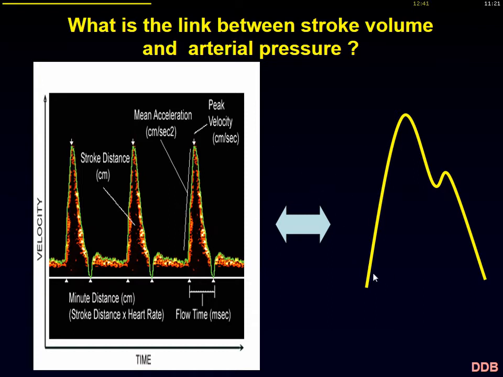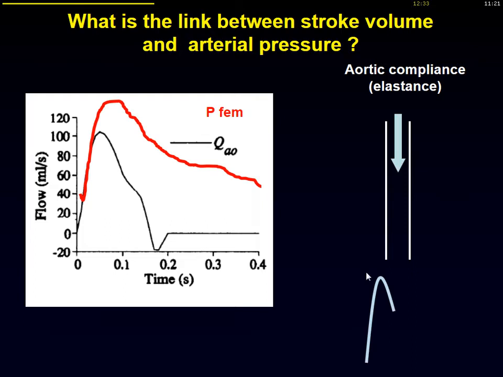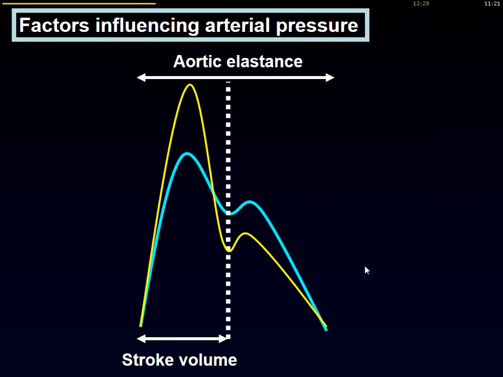And so here we have pressure which is also present during diastole. And of course, the aortic compliance and elastance play a major role there in providing this pressure during the diastole. But the factors that will influence the arterial trace are quite multiple. Some of these have already been discussed, but it's important to look back at this when we will discuss the